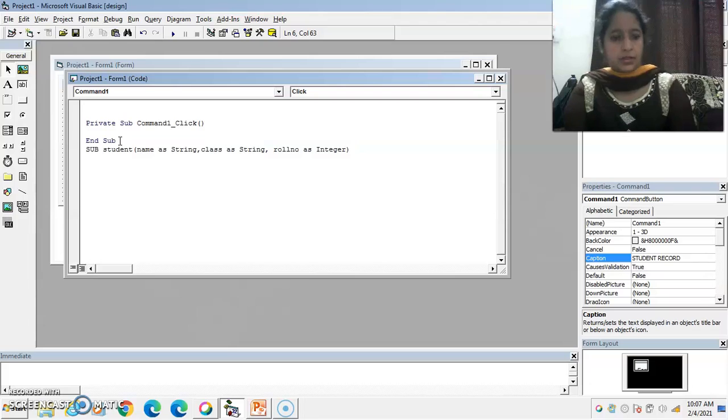Okay. Now print the values of name, class and roll number. Name is